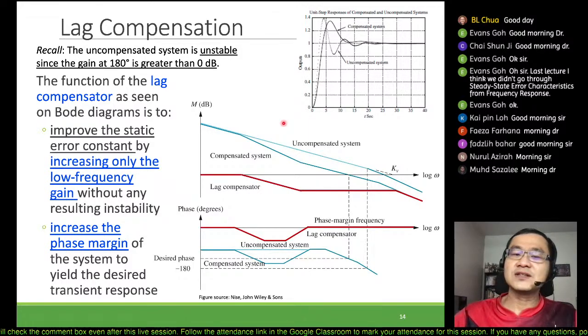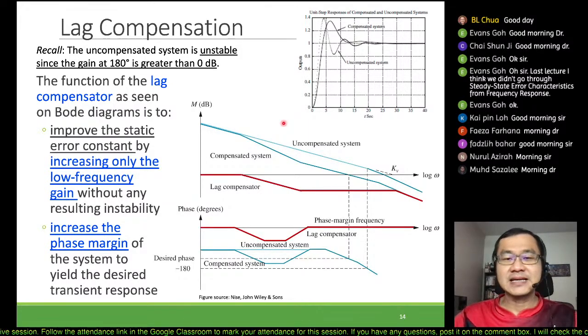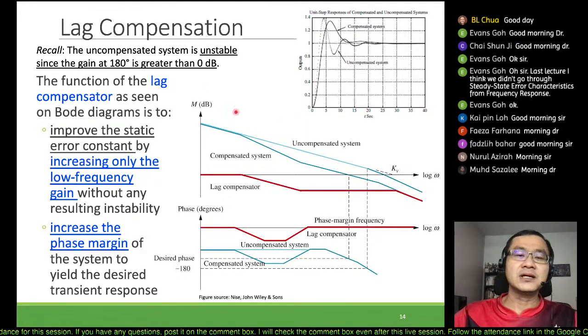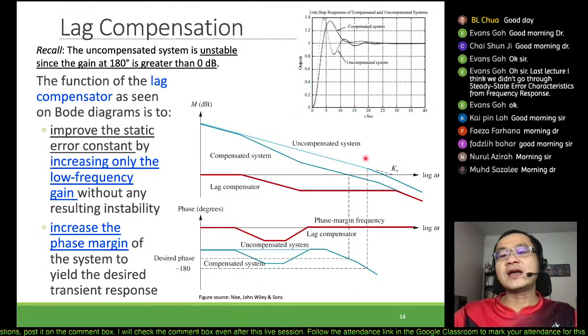So first things first, you also want to ensure that the system is stable when we size or design this compensator. So keep in mind, a 180-degree positive value in the magnitude